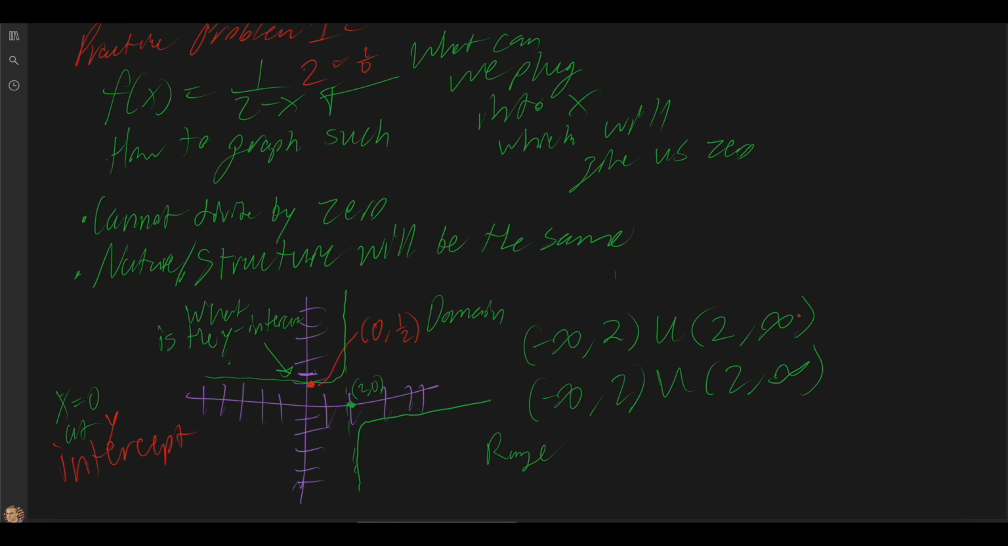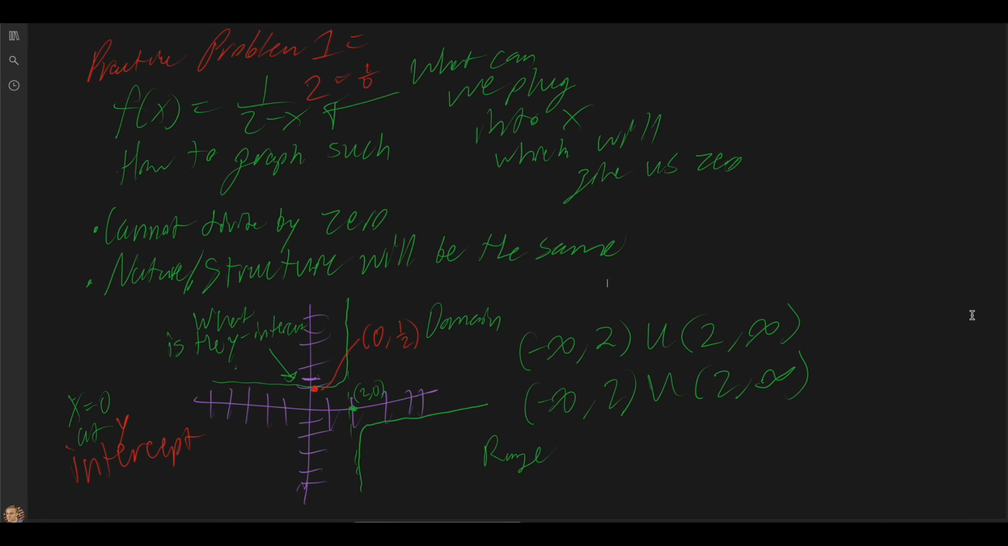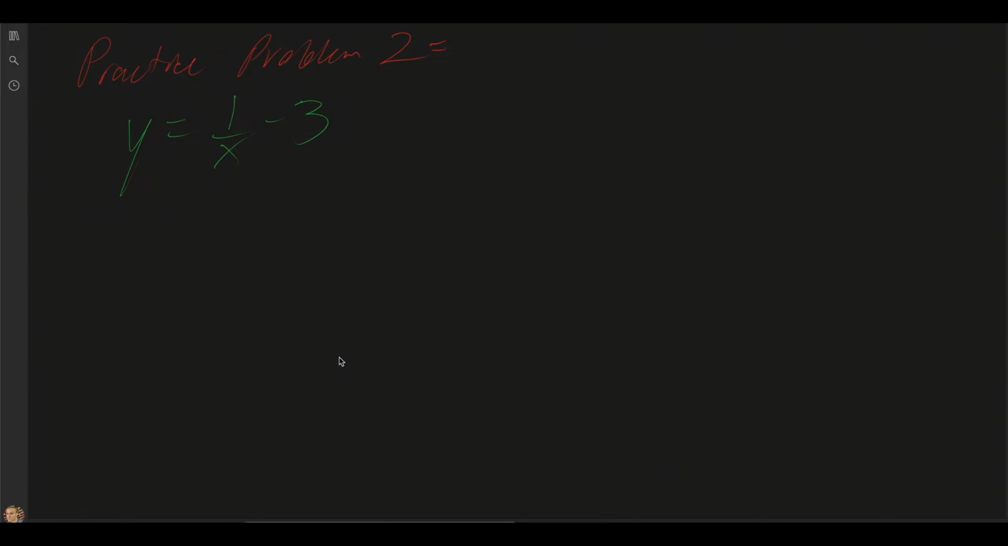And so, yeah, this is our first practice problem. Now let's head over to our second practice problem. Now, for our second practice problem, we're going to have our following function. y is equal to 1 over x minus 3, where in this case, what we would have is,